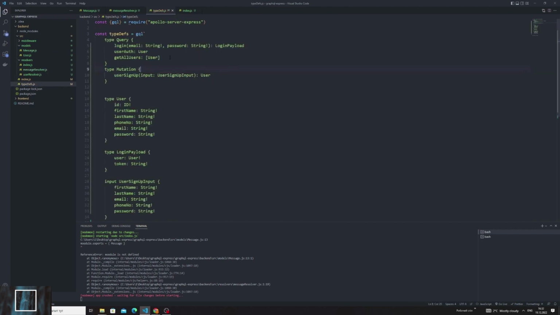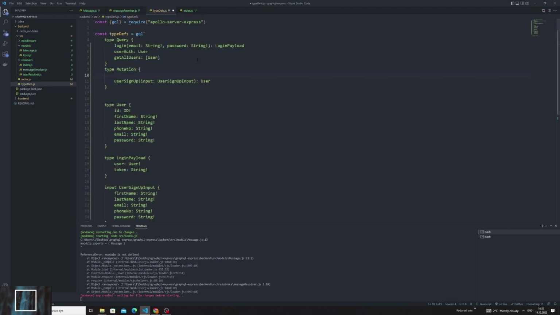Nice. Go to typeDefs file. We're gonna start with send message mutation